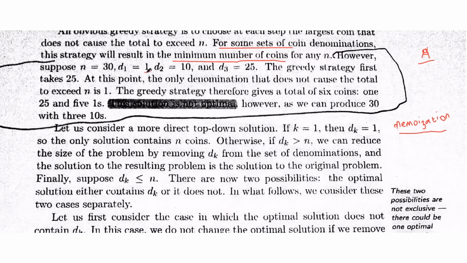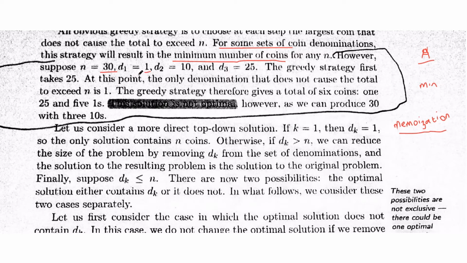But that will not satisfy the constraint of giving you the minimum number of coins. For instance, if your change is 30, let's say it's 30 cent, if your change is 30 cent and